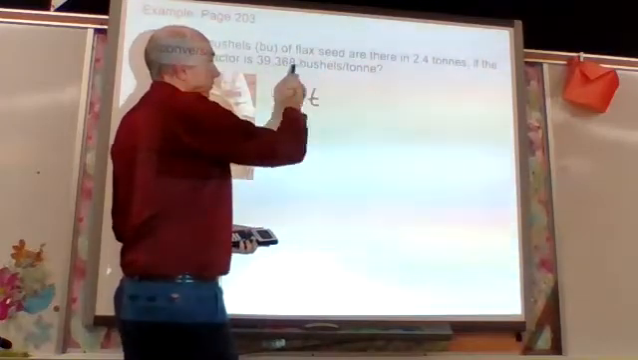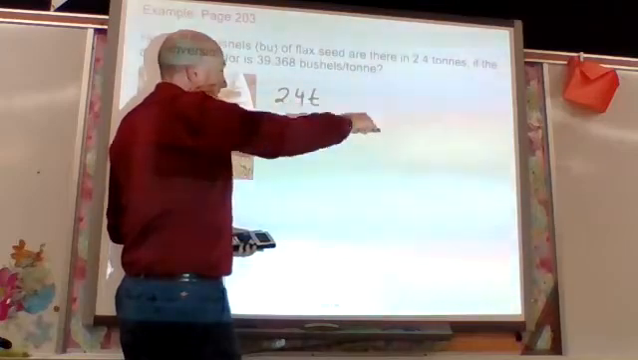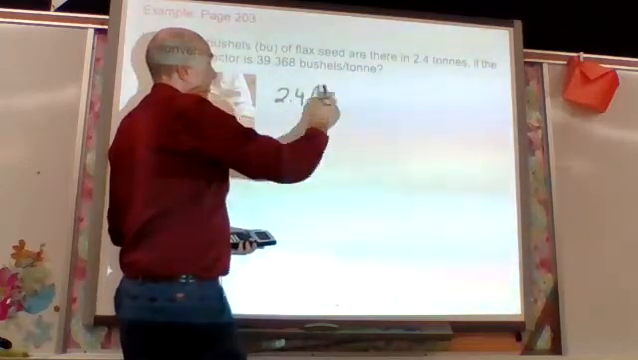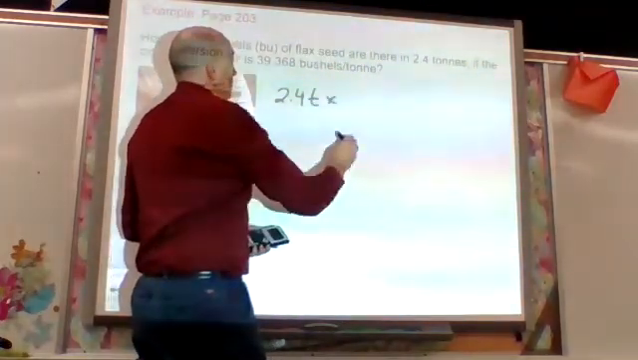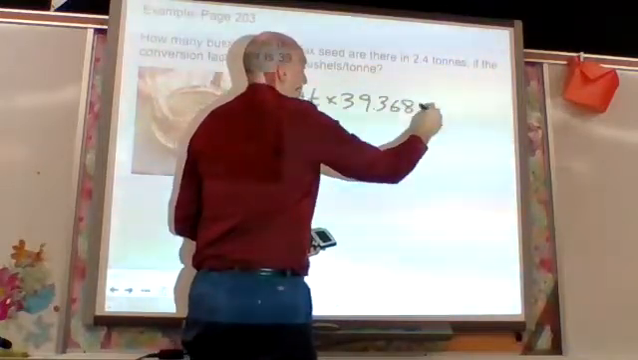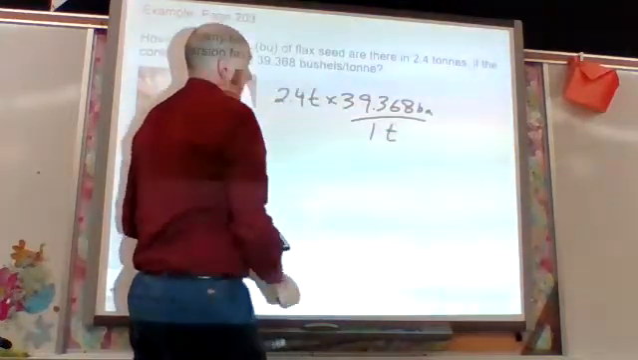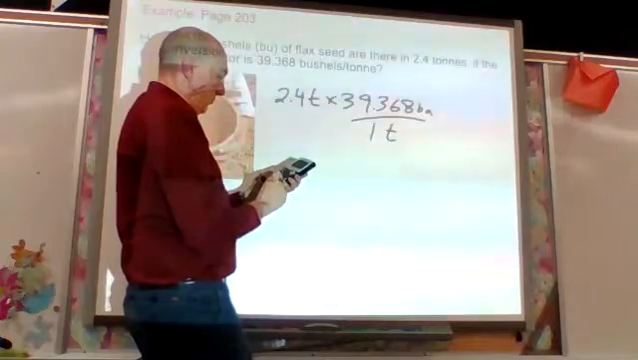Now, let's take a look at this conversion factor. Where is ton? It's on the bottom. I have it on the top here, so I'm going to multiply this conversion factor, 39.368 bushels, and that means per 1 ton. So I'm just going to multiply 2.4 times